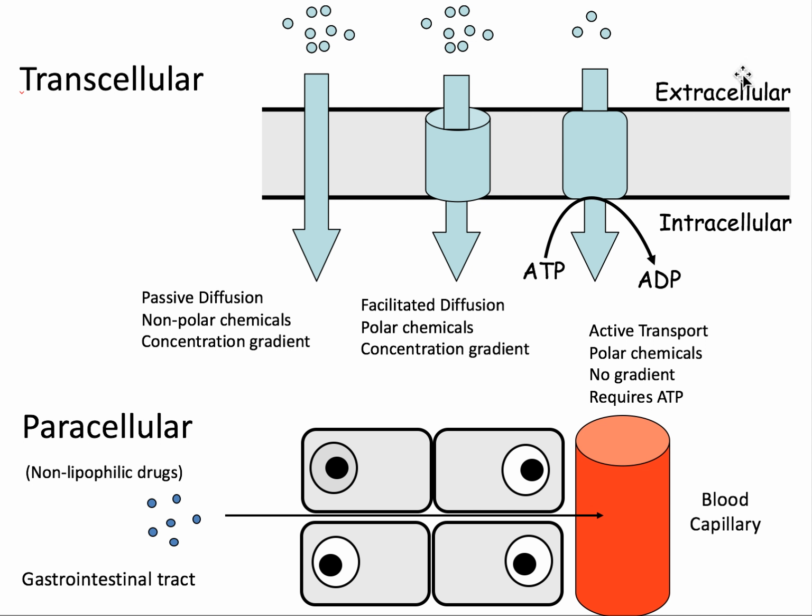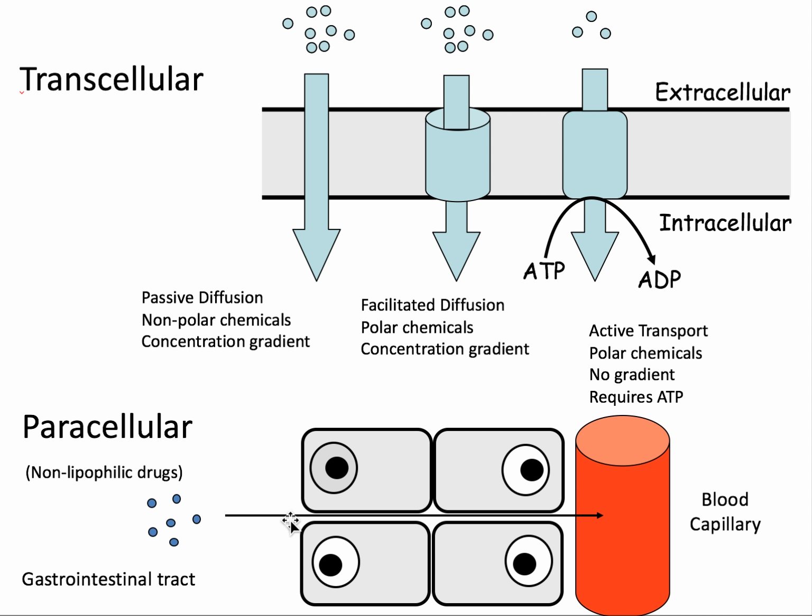Here you can see this is the extracellular side. So this is probably the lumen of the gut, and this is the epithelial surface. You can imagine the microvilli surrounding it, as well as the brush border on top. And this is the intracellular side. Once they go in through the enterocytes, which are the cells, then down here would be the blood capillaries that surround the GI tract. So sometimes non-lipophilic drugs,